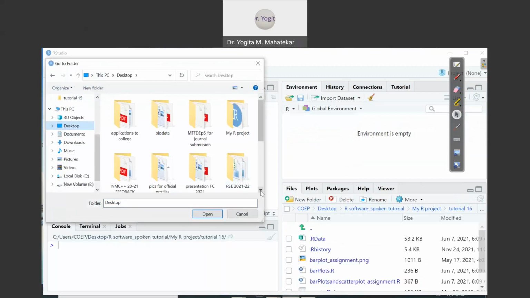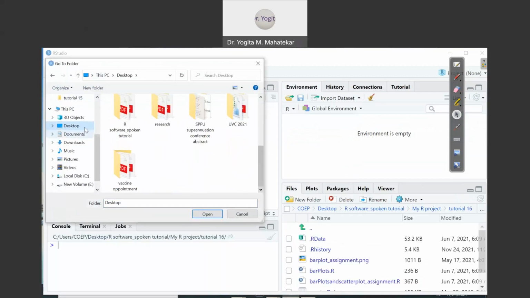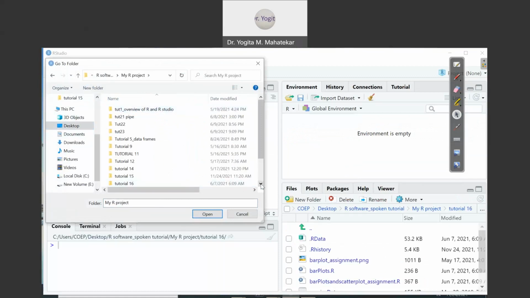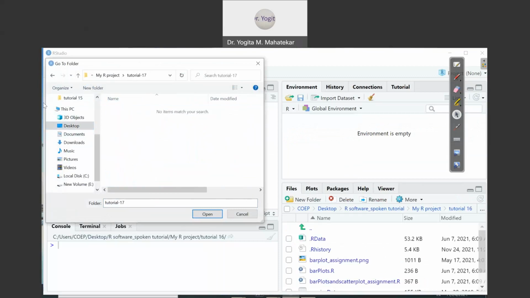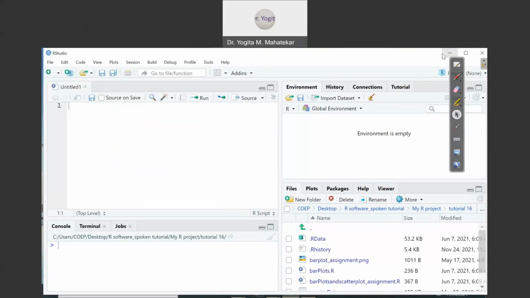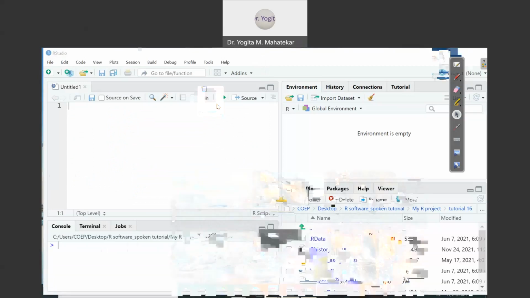From here I will change the current working directory. So if I go to desktop, I will choose the folder named tutorial number 17.